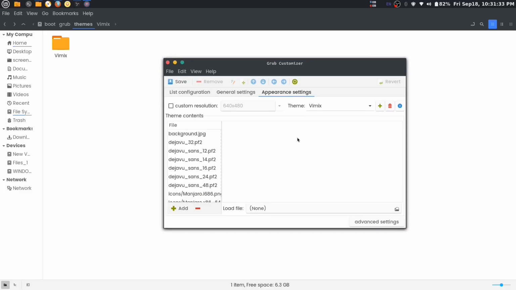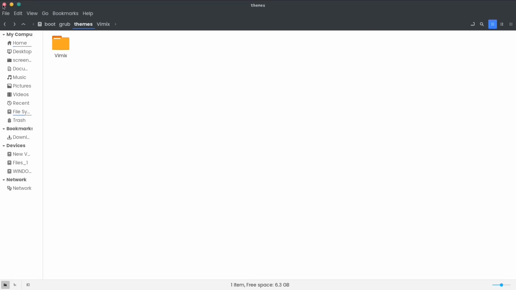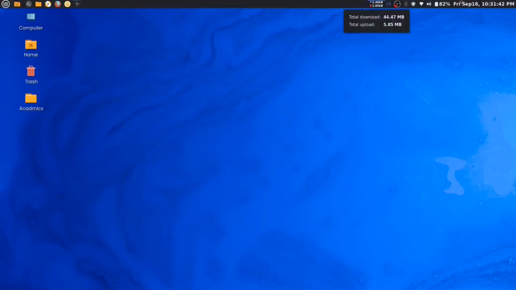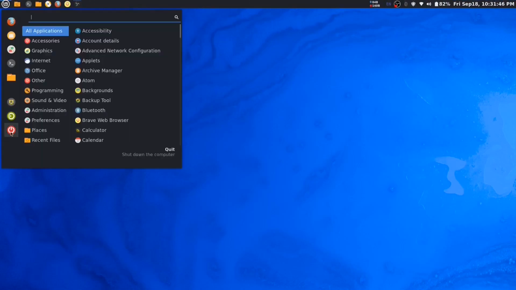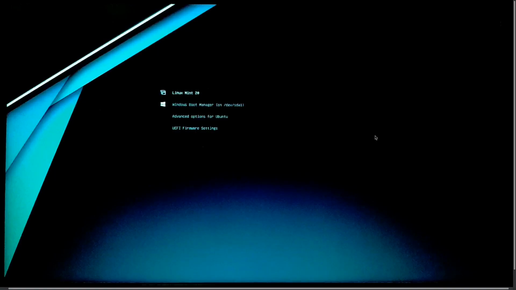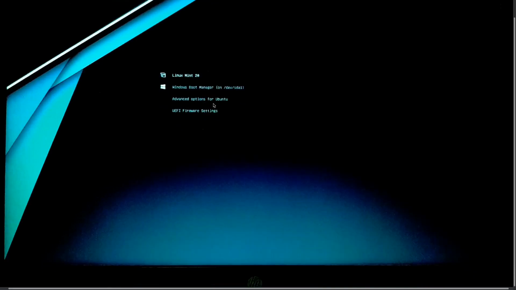After this is done, you can just close this and reboot your system to see if it worked. This is what it looks like when you have successfully installed the vimix theme.